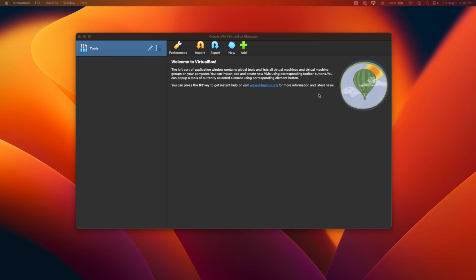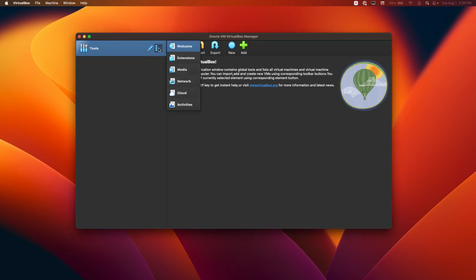Whenever you create a virtual machine in VirtualBox, all the files related to this virtual machine can be stored in your computer's hard drive or even in an external hard drive. For the purpose of this video, we will use an external hard drive so we do not compromise our host storage. To define our external hard drive as a default machine folder, you just need to click on the Tools